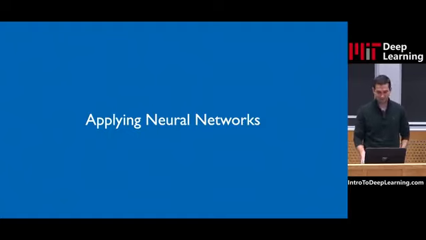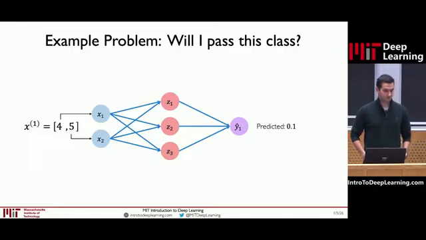Now, how can we do this? We have a neural network that can do this. Let's try and actually feed it into our neural network. We have 2 inputs, which are the exact 2 axes that you saw before, number of lectures and number of hours. One input is 4, the other input is 5. We can feed these 2 inputs into our neural network, and we can see that it predicts an answer of 0.1, or 10% probability that you'll pass this class. Very bad, I know. Okay, who knows why the network is wrong in this case?